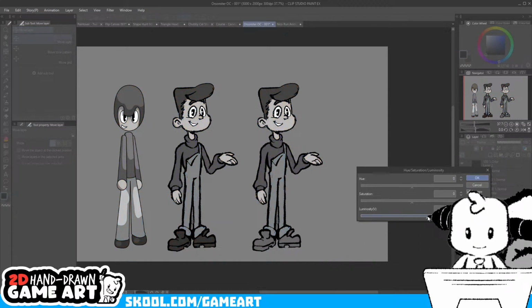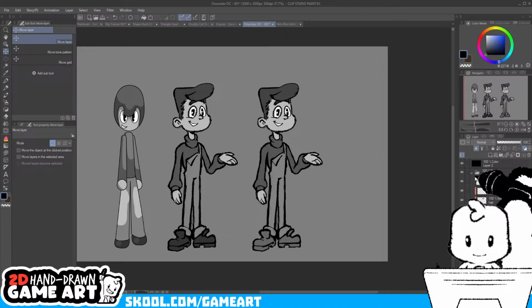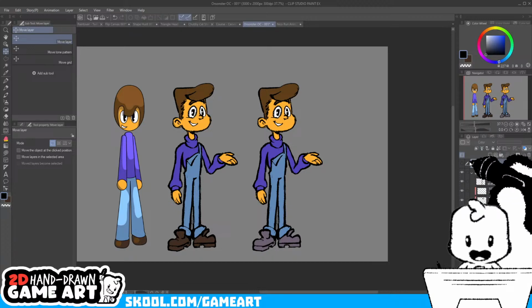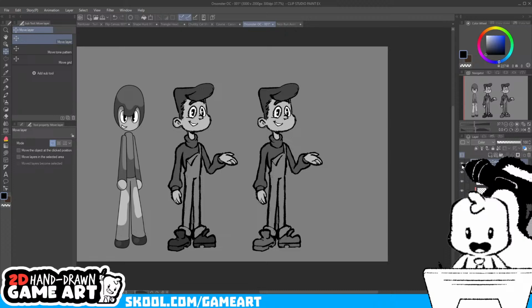If we brighten the boots, what would happen? So in Clip Studio Paint, all I did, and you can do this in any art software really, is I made a black layer, fully black, and I changed that blend mode to color. And then that makes everything beneath it grayscale.